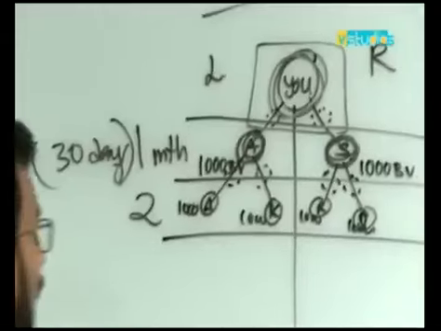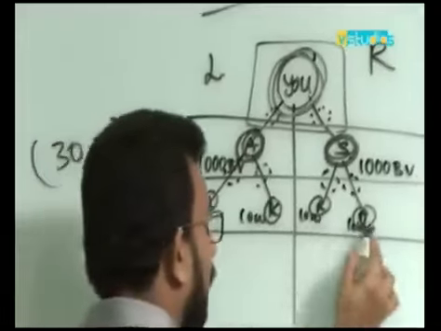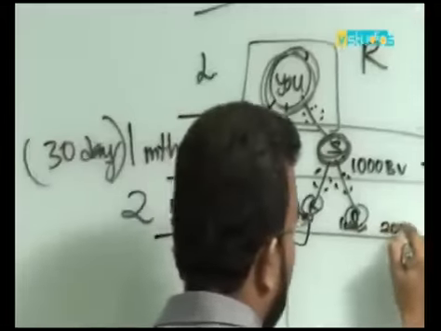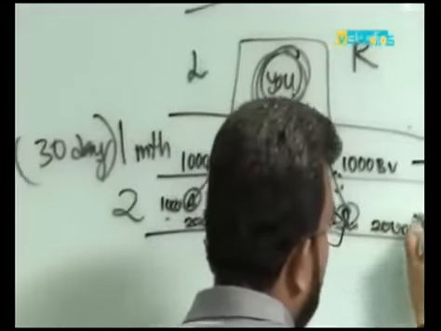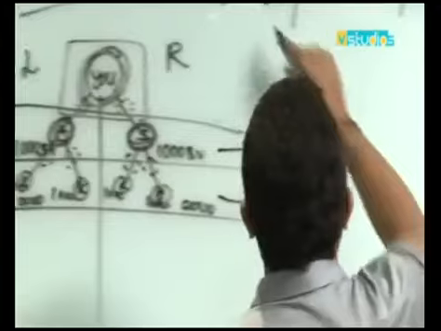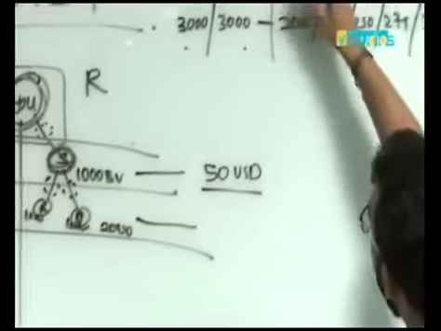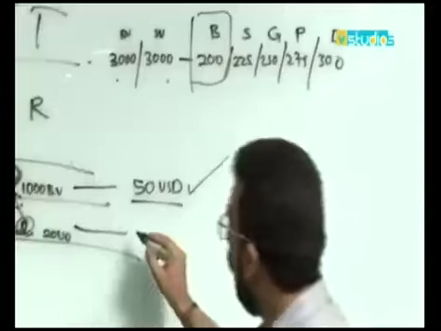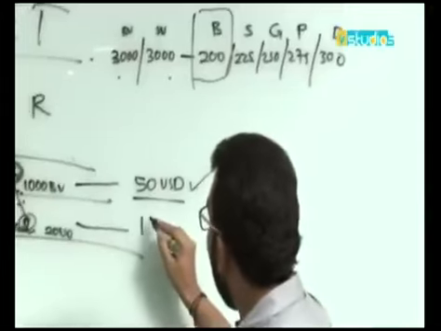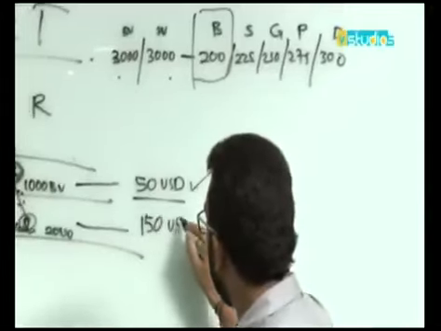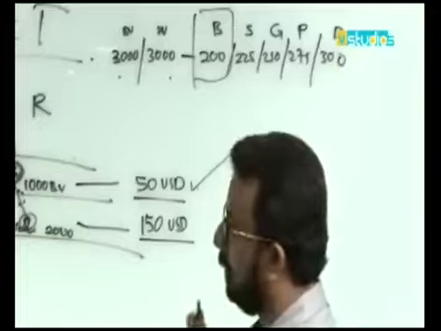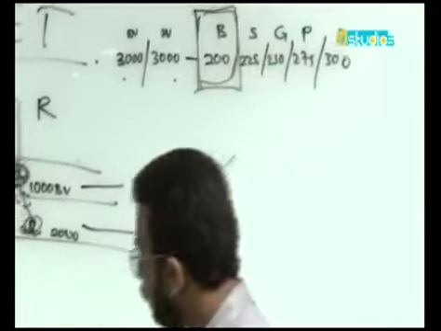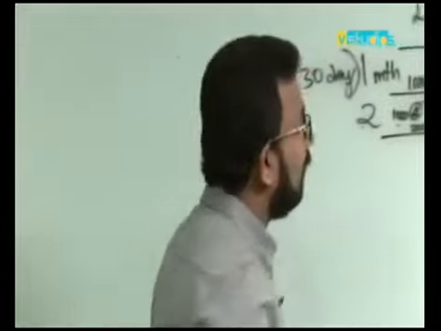Now what is your total BV here? 1000 plus 1000 plus 1000 plus 1000. There's 2000 BV here and 2000 BV here. So how much do you get paid? Based on 3000, 3000, you are bronze, you get paid 200. You got the early bird of 50 US dollars. What is your balance? 150 US dollars is paid to you. Fantastic. This is an assumption that you are still at bronze in the second month.